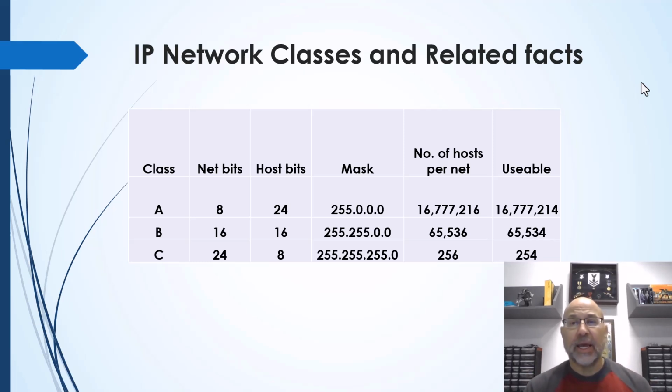Now, a Class C network, these are much smaller networks, but there are a lot more of them. So we have 24 network address bits, so lots more networks, and only 8 host bits. But that means that each Class C network still has 256 possible addresses, 254 that can be allocated to hosts. And the default mask is